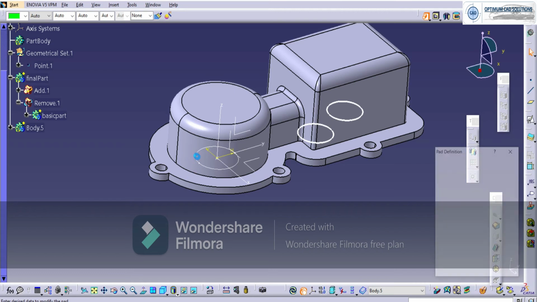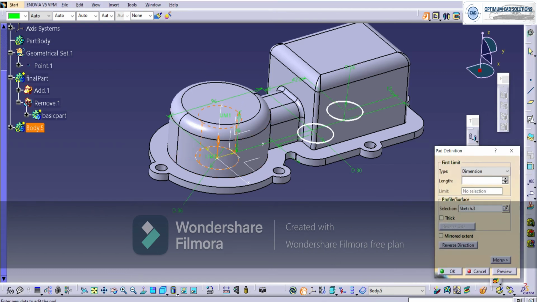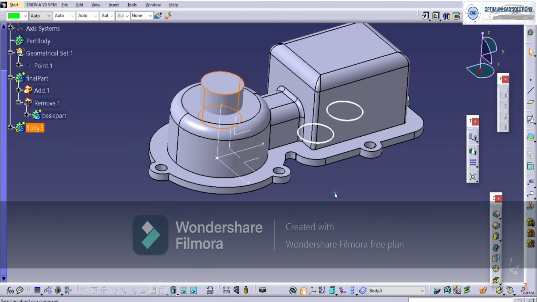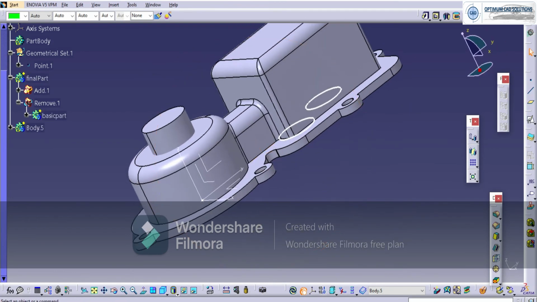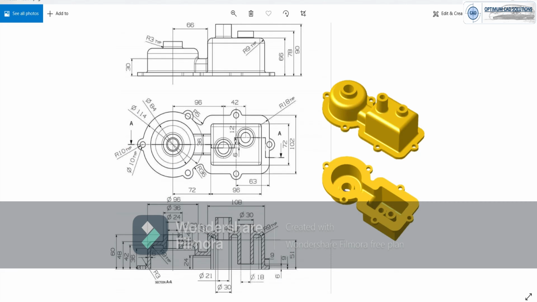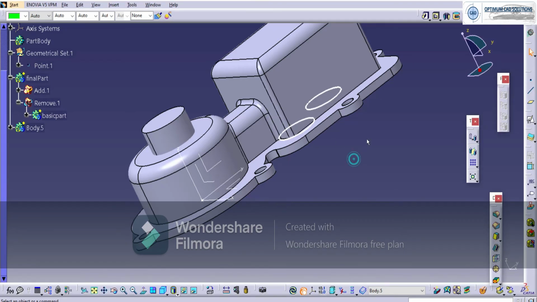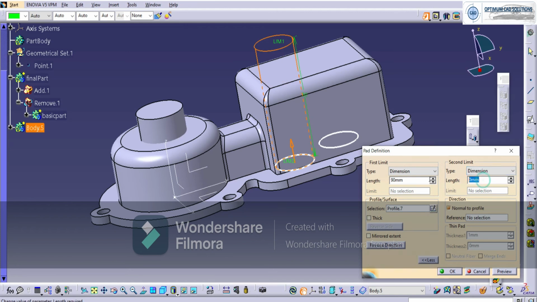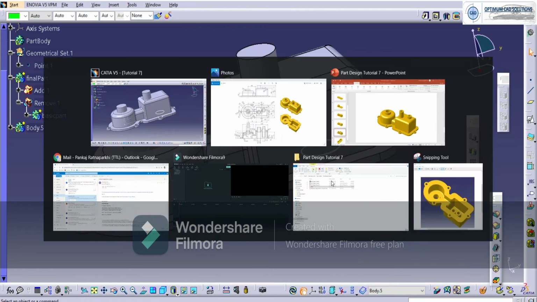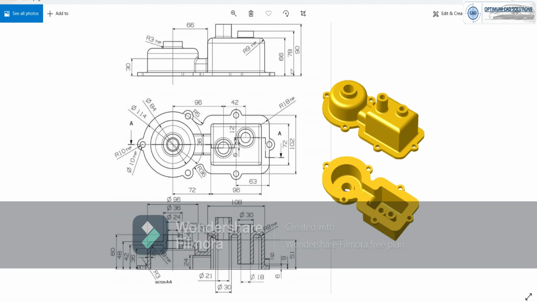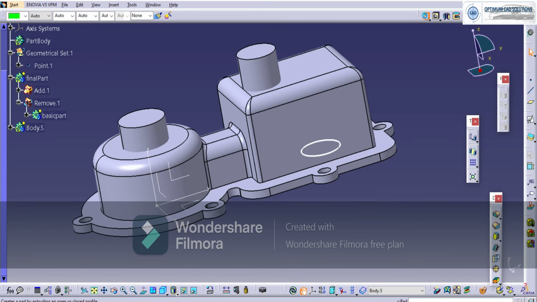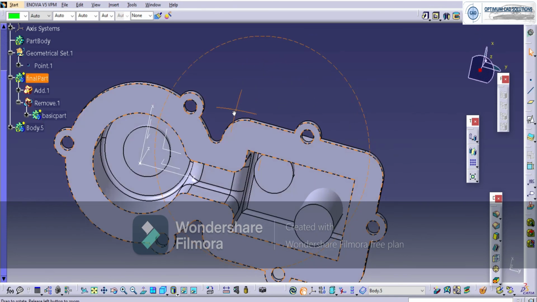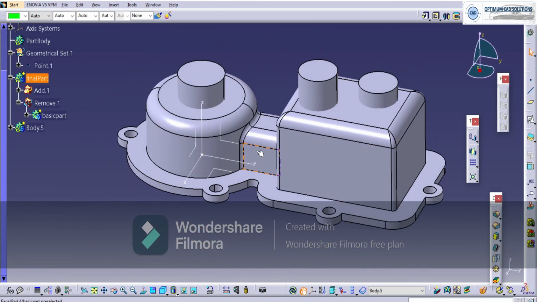First of all we'll take the first one which has the dimension 66 and at the inner side it is minus 36, then 90 and at the inner side it is 51, and the third one is 78 mm and from the bottom side it's minus 9 mm. So here all the three cylinders are completed.